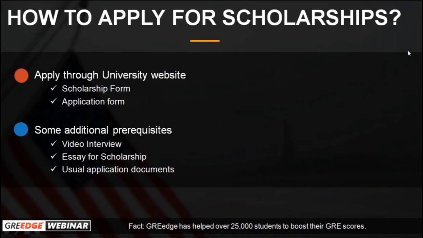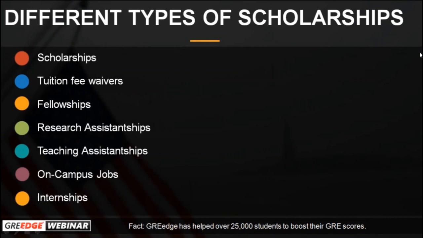Now, when I talk about scholarships, do you guys know there are different types of scholarships? There's not only one thing called a scholarship. Ideally, scholarships are one category. And then there's something called tuition fee waivers, which are given based on merit. A lot of people told me merit-based tuition fee waivers, merit-based scholarships. The other word for them is tuition fee waivers. That means they completely waive off a part of your tuition fee, like 25%, 30%, 45%, depending on the profile that you boast, depending on the quality of your SOP, depending on your GRE score. There are a lot of criteria that the university lists on its website where you can find them.